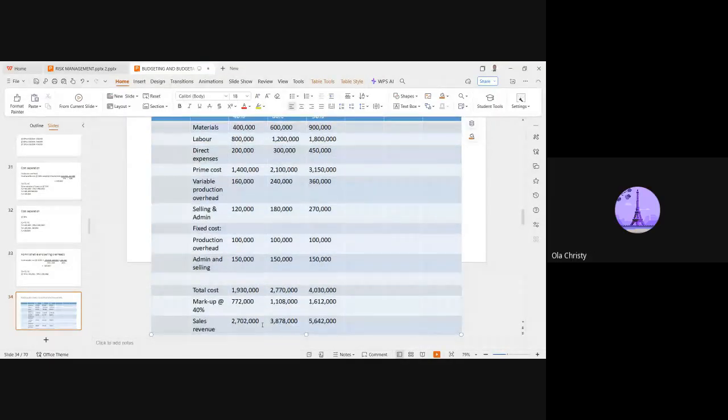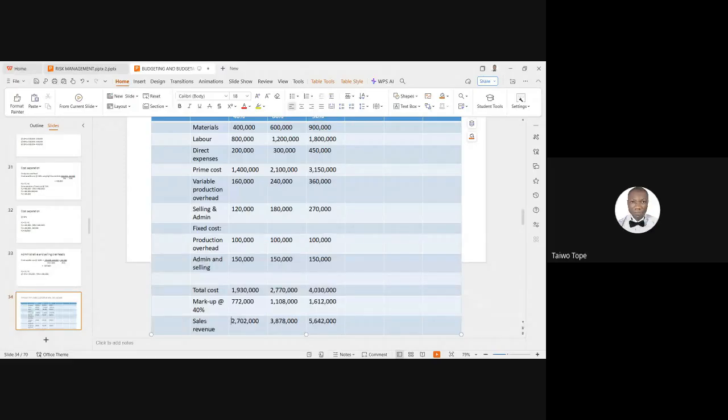2,702,000. Fine. So at 40%, if your 100% capacity is 100,000 units, and you've been able to discover that 40% of 100,000 units is what? 40,000 units, right? Yes, 40,000 units. So if your sales revenue at 40,000,